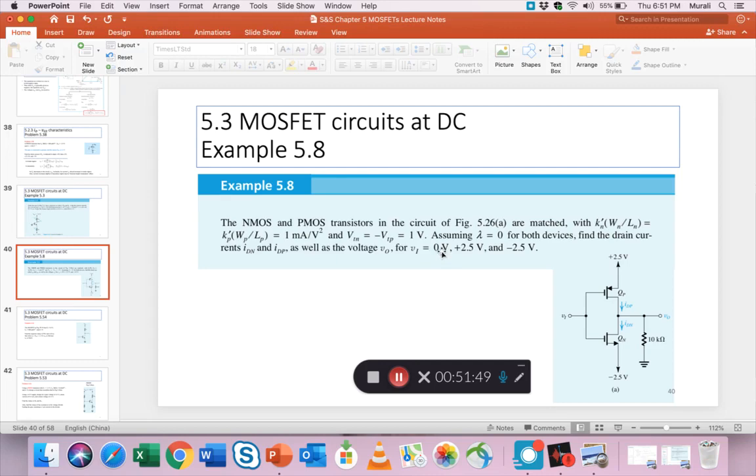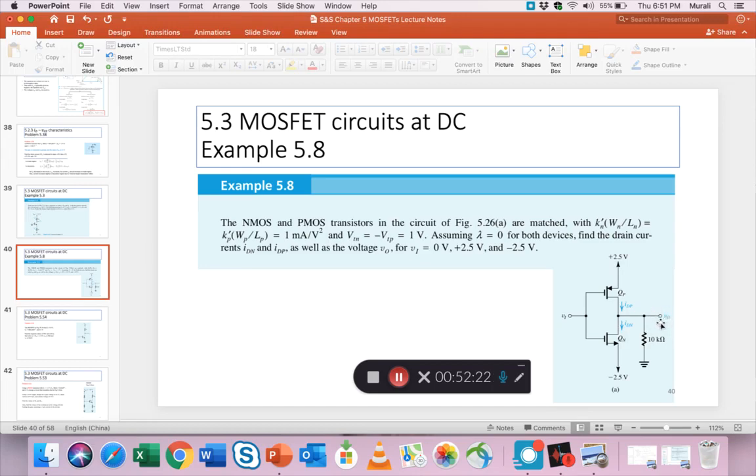First he is giving us 0 volts, then plus 2.5, and then minus 2.5, which happen to be the same as the biasing battery voltages. You might recognize that this is a digital low and this is a digital high. Of course this is a negative, so there's an inversion effect, but this is how he is asking us to solve to get these two drain currents